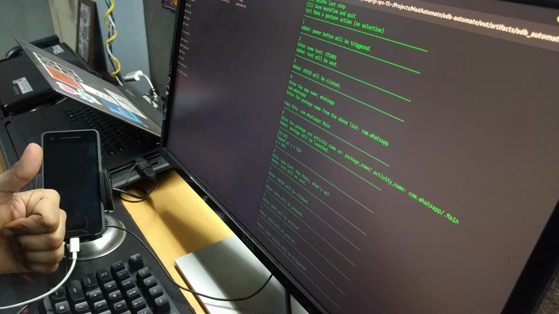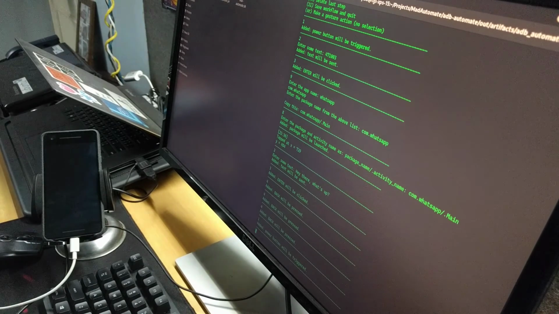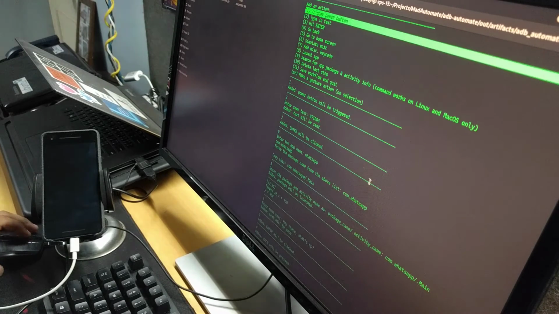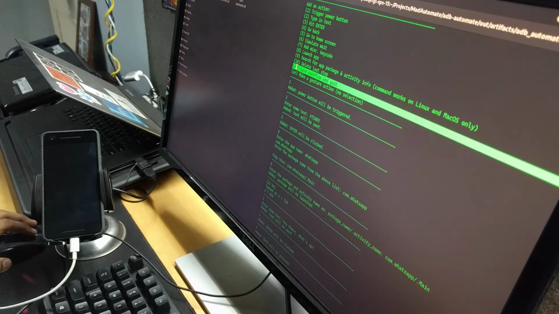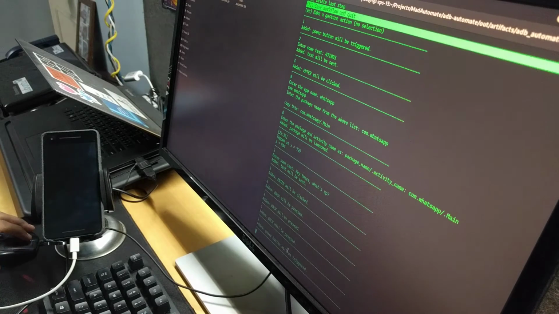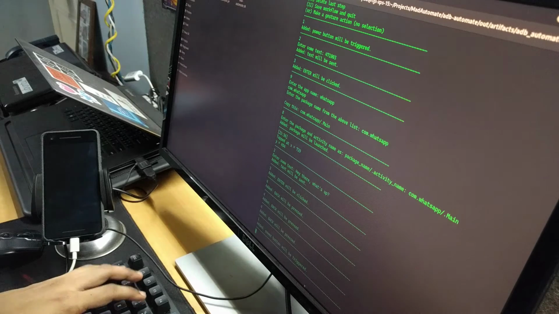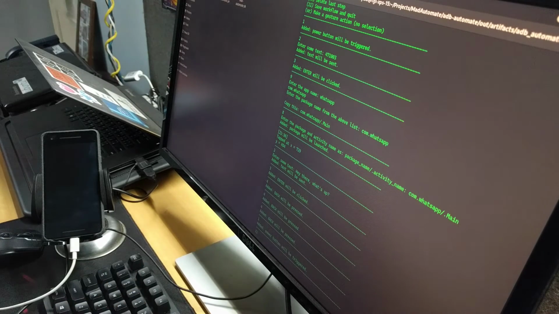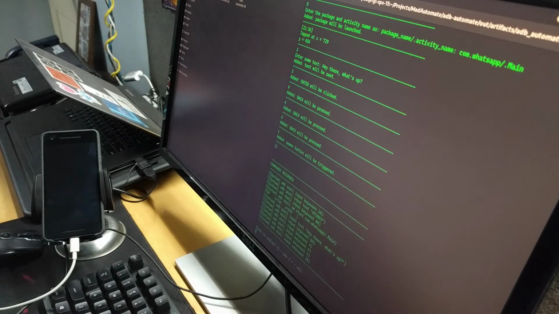Now we've got an action recorded. All we got to do now is to play this to check if it works. So since I've entered all my events in sequence, I'm going to go ahead and stop recording, which is point number 11 that says save workflow and quit. So I'm going to simply enter point number 11, hit enter, and you'll see that the program has stopped and it's showing you some vital commands that have been recorded.